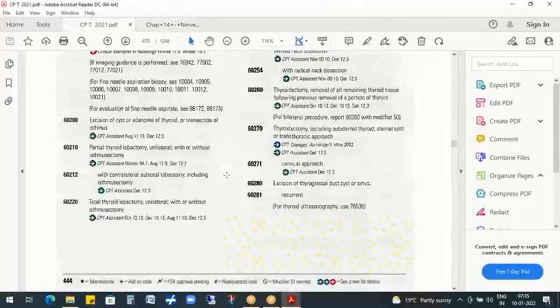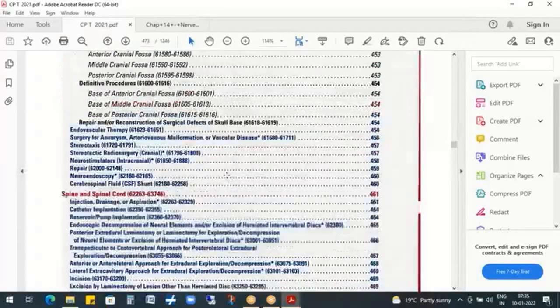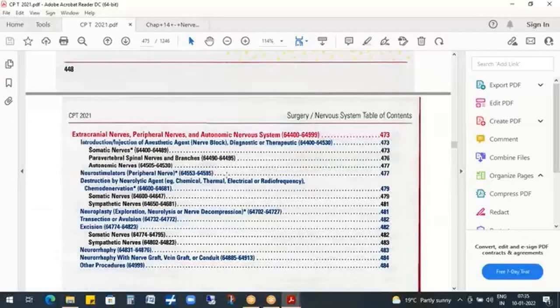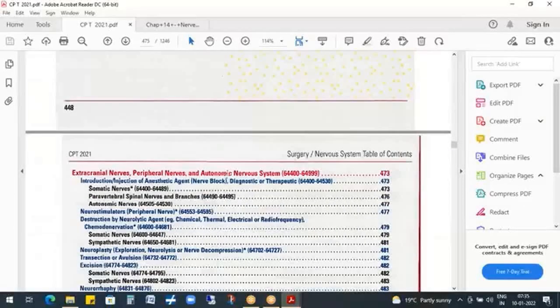Nervous system. Make heading. Now related procedures. Write down. Codes are based on nervous system. Make heading. Now related procedures. Codes are based on